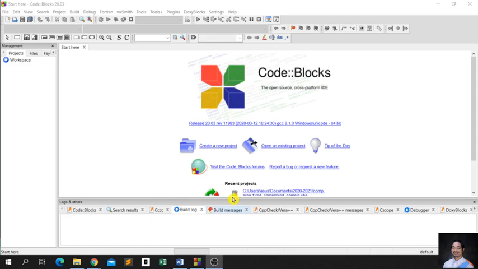Okay, so this is our first code in C++. For the benefit of not confusing the codes, I will be using Code::Blocks for the entire semester, so you can just transfer the codes to your preferred IDE for your convenience.